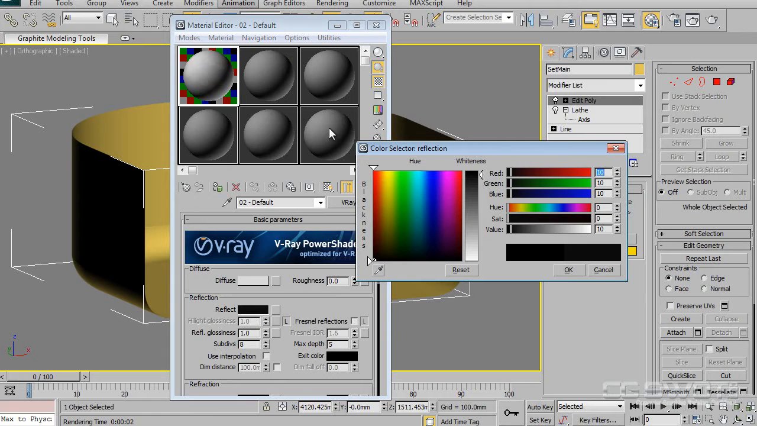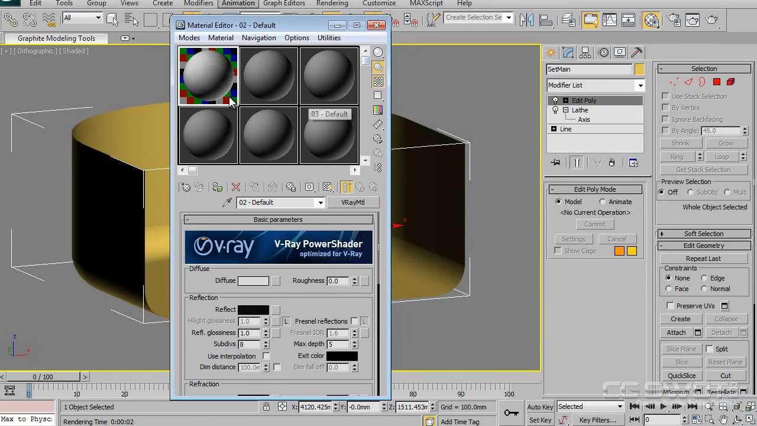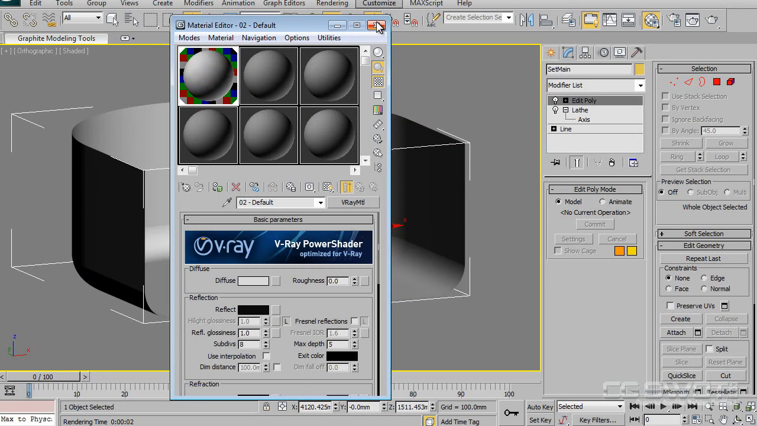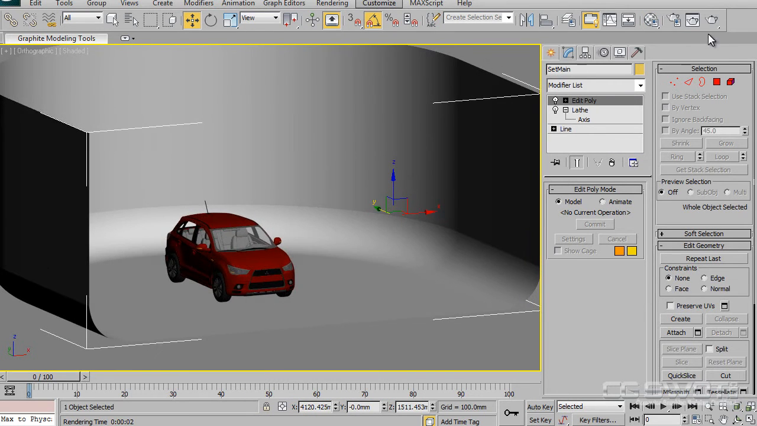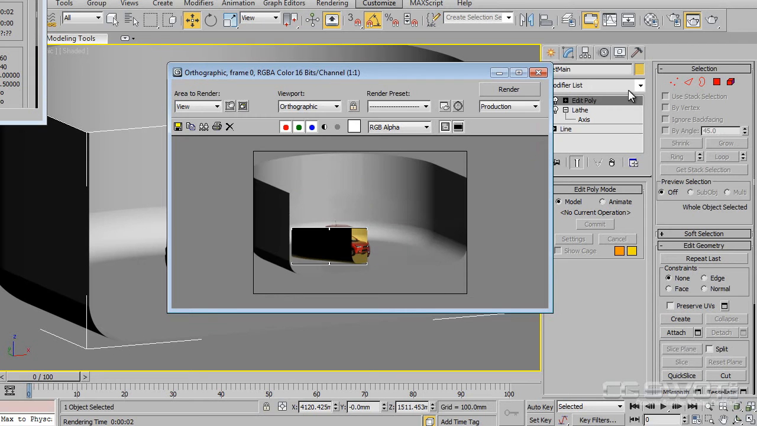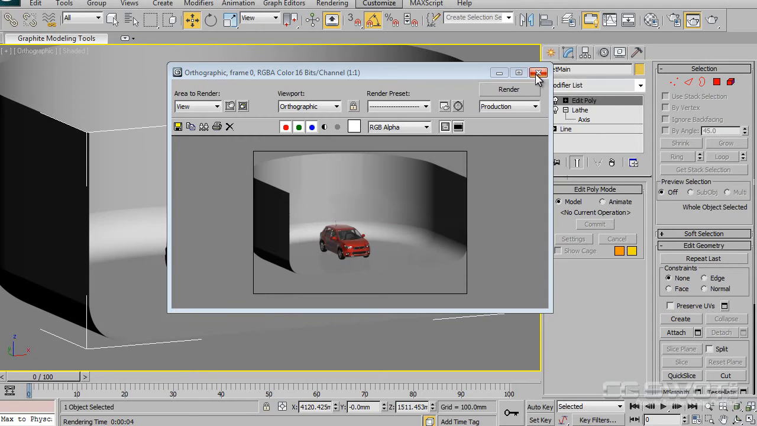Probably a bit too much. Drag it back. That's probably all I want on that reflection. Click and drag onto the set. We can name this set matte and close that down for now. So if we render that now, we have a very simple set, and our car's positioned right in the center